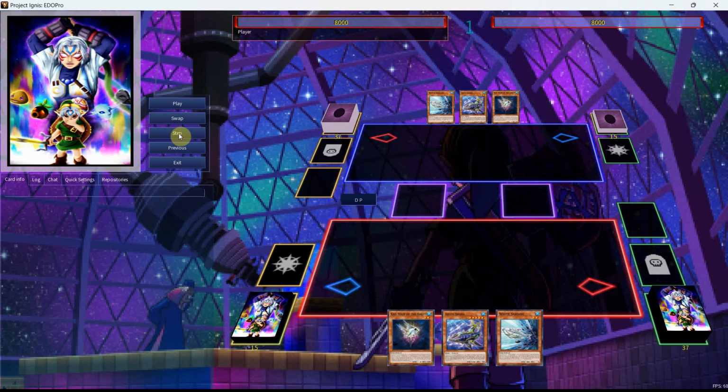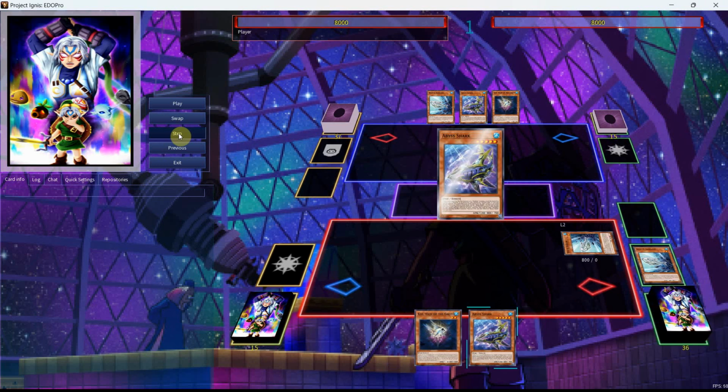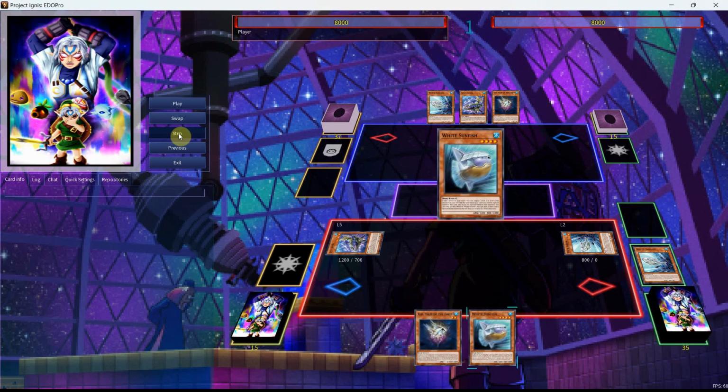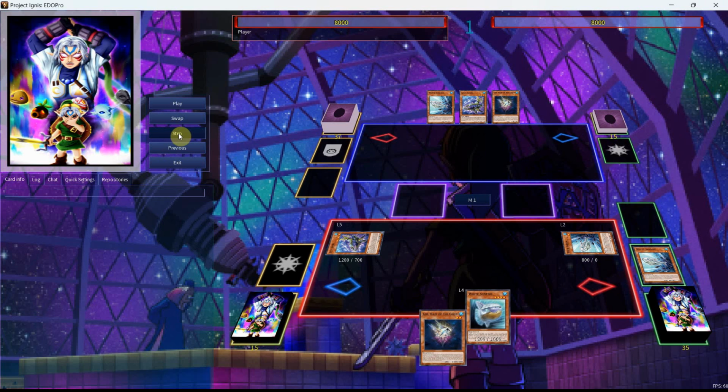Now for this next combo, I wanted to feature all of the special summons that we have in the deck here, and we're going to start by using the White Sardine, sending another copy of itself. We'll then be able to special summon out the Abyss Shark. We'll then be able to add ourselves the copy of the White Sunfish,